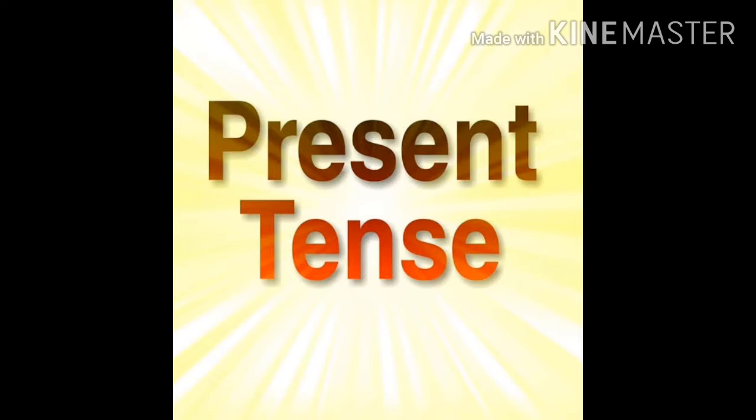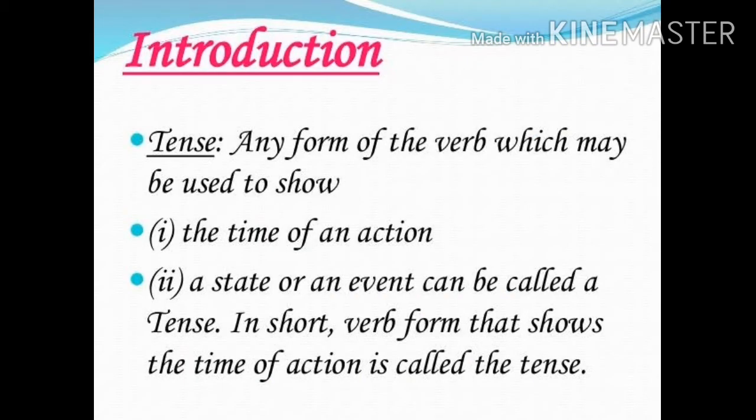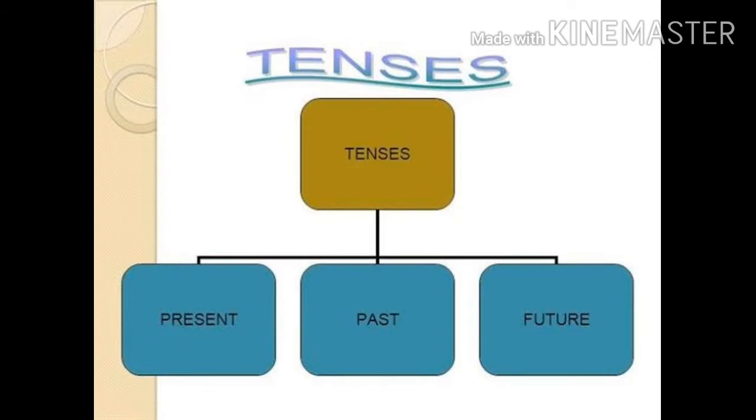So let's proceed. Before starting the chapter, we must know what tenses are. Tenses play a crucial role in the English language. They denote the time an action takes place, whether sometime in the past, in the present, or sometime in the future. Tenses are mainly categorized into three types: present tense, past tense, and future tense. Each of the types of tenses has four different forms.